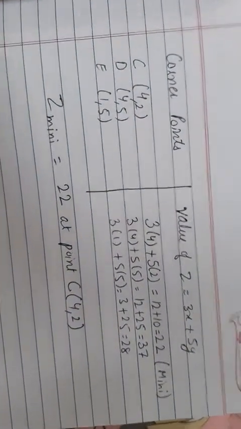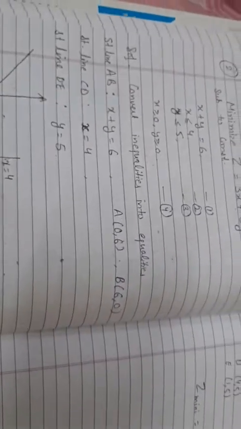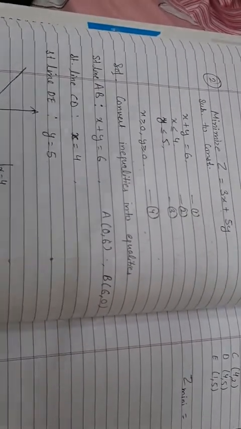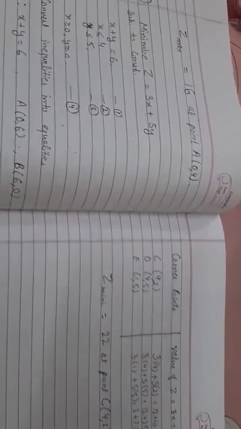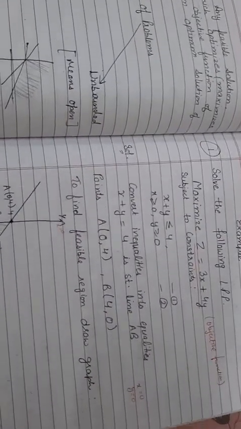Okay, like this you have to solve your questions 5 to 33. Almost all questions are like this, but you have to leave the questions which are for unbounded region, that I will explain to you in the next video. Firstly, you have to do only the bounded region. Practice your questions for bounded region, then we will discuss unbounded region.